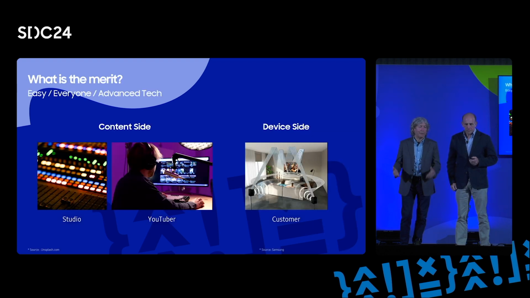So what's the benefit? What we're trying to get across is that it's easy, anyone can access it, but it is very advanced technology because it's the latest in immersive audio. On the content side, we think it's very good for professional studios, maybe for creating advertising, for any kind of YouTuber. And on the device side for the customer, we think this will just be another way to get more immersive audio into people's homes where they can enjoy it. Yeah, and I would add that on the studio side,